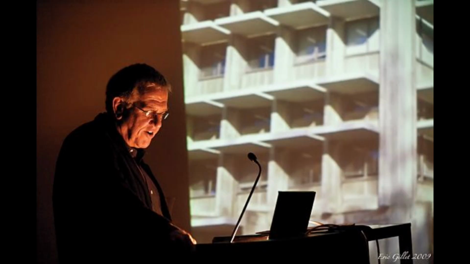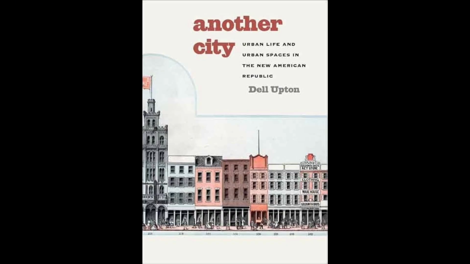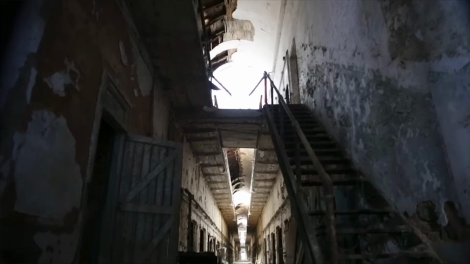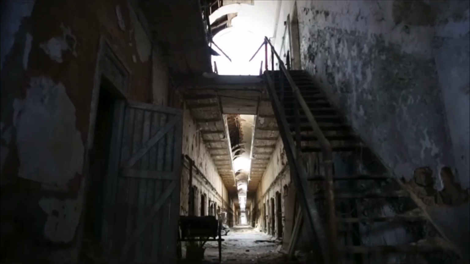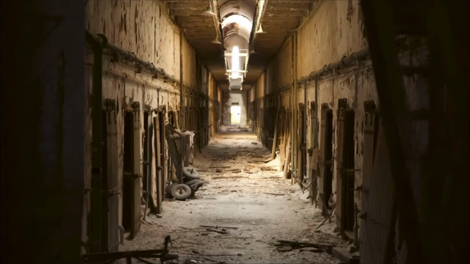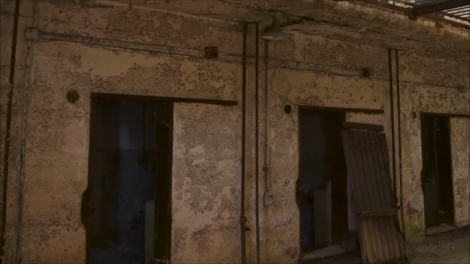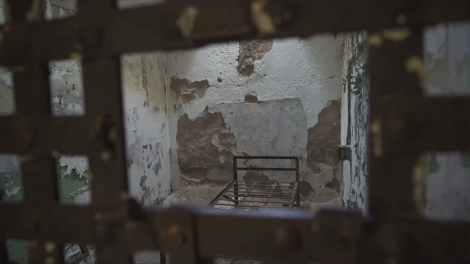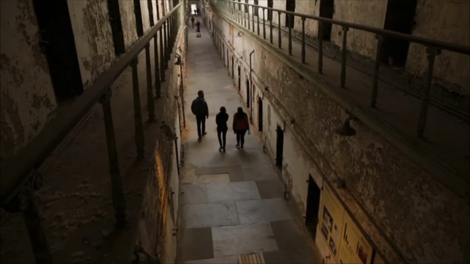Del Upton, a professor of architectural history, discusses reforms in prison architecture during the 19th century in his book, Another City. In Chapter 10, Upton touches upon how the architecture in penitentiaries in Pennsylvania and New York State forced inmates to reform to society's ideal citizens. The penitentiaries were made to feel intimidating on the outside and to confine prisoners on the inside by incorporating dark, thick concrete walls and utilizing a grid-like structure to emphasize isolation.